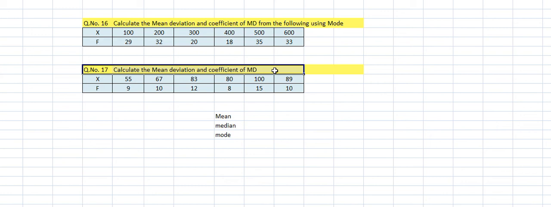So this is all about your calculation of mean deviation based on mean, median and mode for ungrouped data, discrete series, right? In the next presentation, I will go with continuous series, right? So all of you solve the assigned question, read properly, make the notes and send the answer to me, right? Don't miss sending the answer. Thank you. Bye-bye.